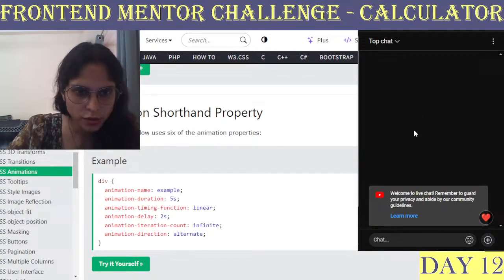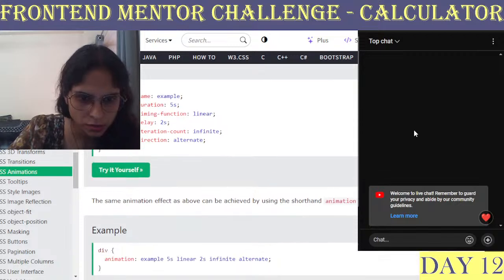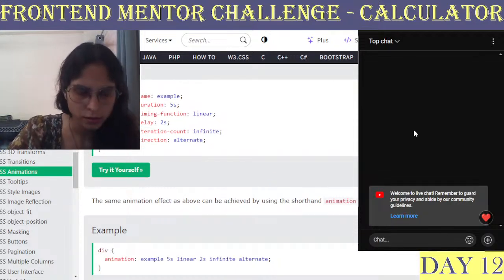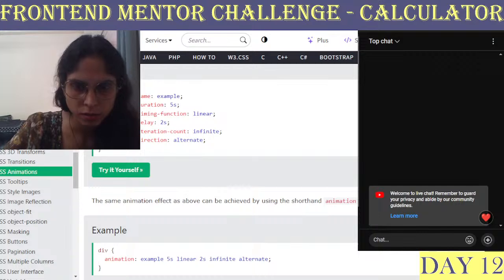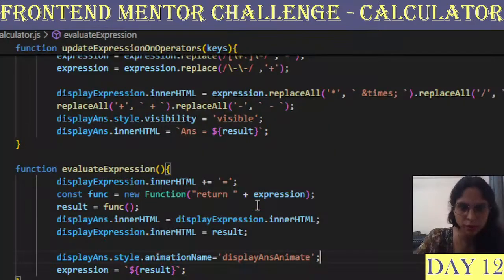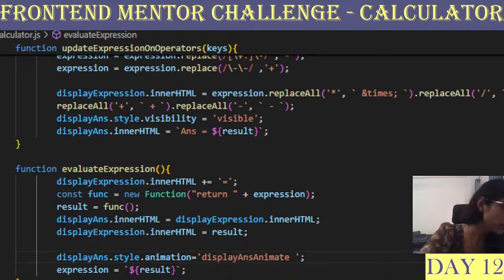Yeah, there is a shorthand property. Yeah, let's use a shorthand property, otherwise it will be too much. After display animate shorthand property, where is it?